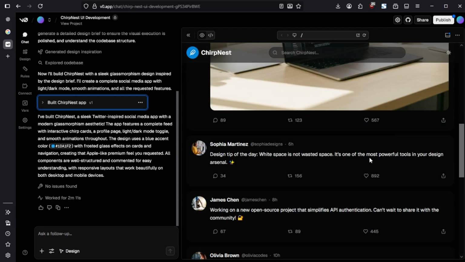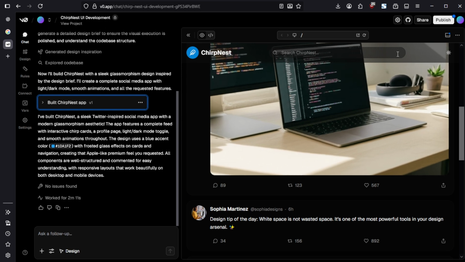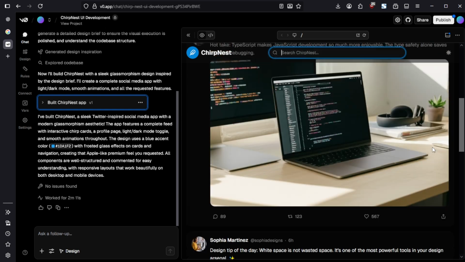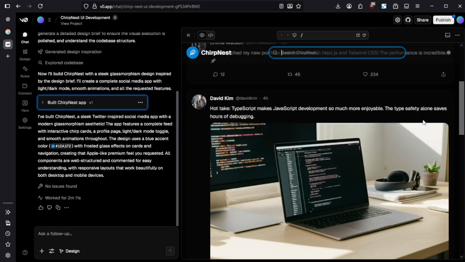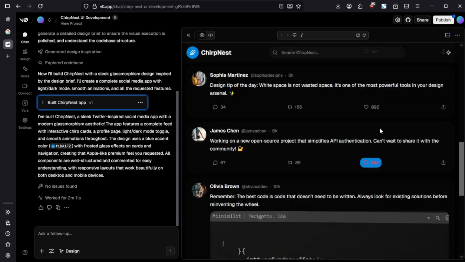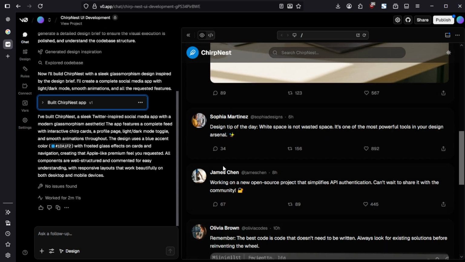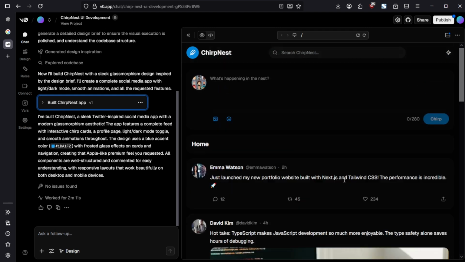So yeah, we're gonna have to implement a lot of functionality. I like how it integrated what I said, like, I want the glass-like effect here at the top, and there is an active search bar where you can search for things. So yeah, I feel like that's decent for what we're trying to do. We have the basic UI language around. We can post a comment or make an actual post to the home page, I'm guessing, but I should also be able to make a comment and make a repost later. So we're gonna have to add all of that functionality